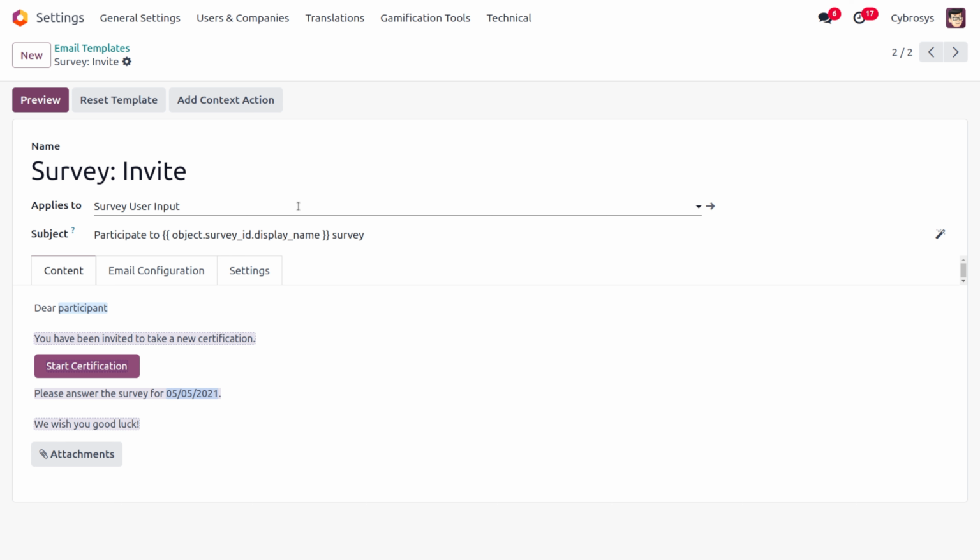Okay. So if you want to make any change over here, you can do so. The send by email toggle switch is not present when the survey line has 0 questions. And the survey link only appears when the survey access mode is set to anyone with the link. If you want to make any further changes, you can also do that.